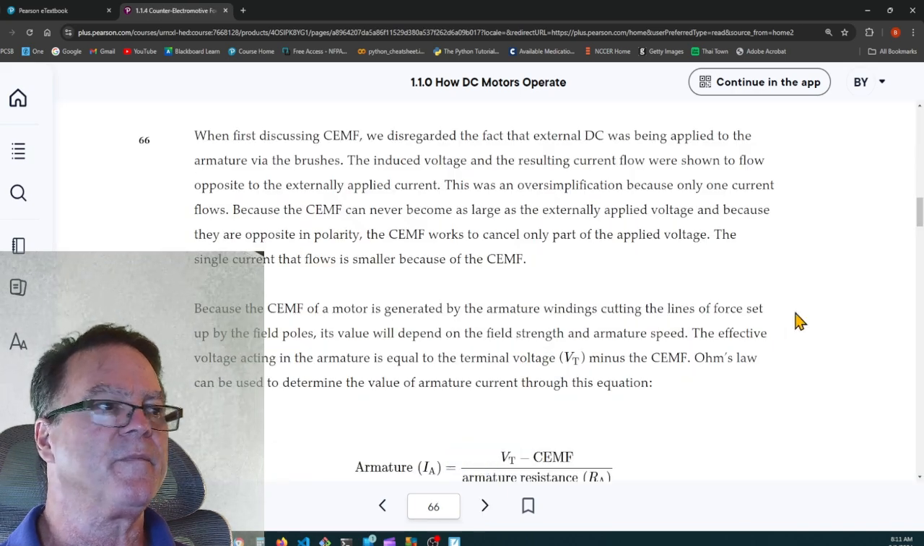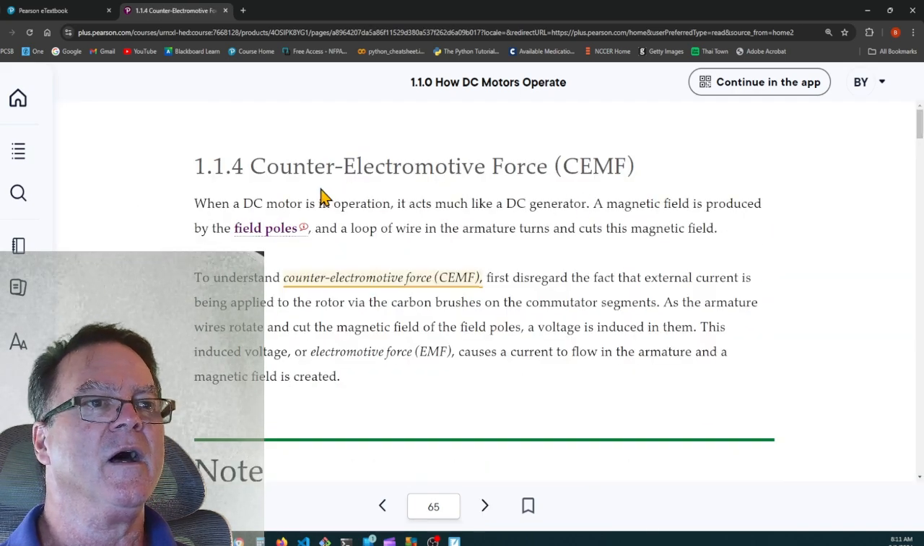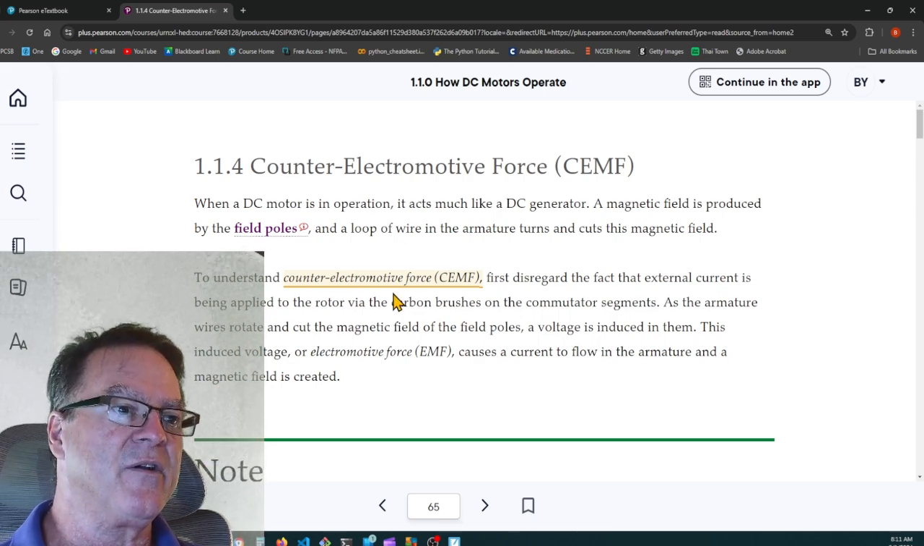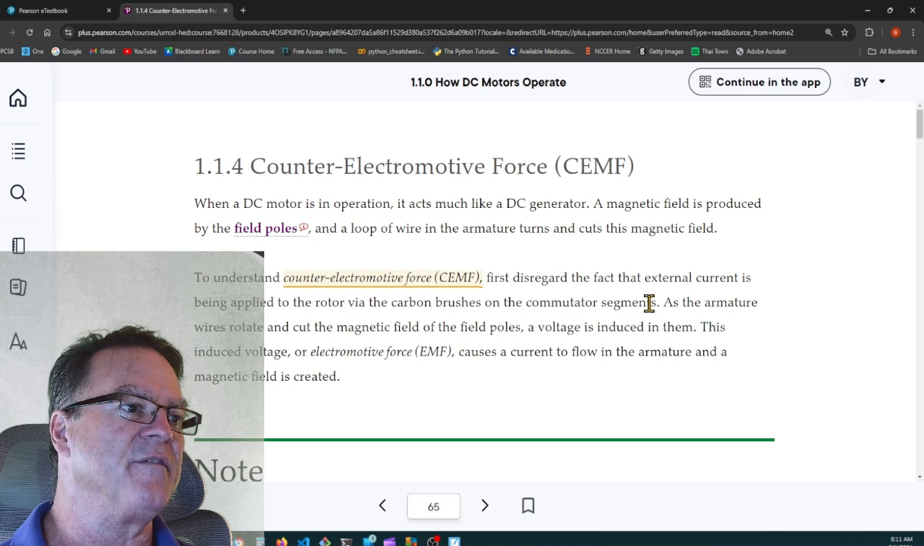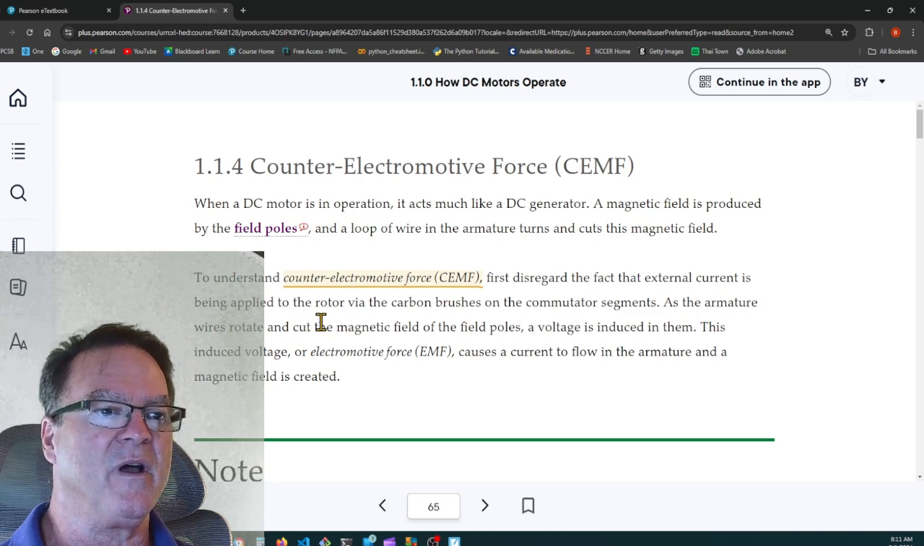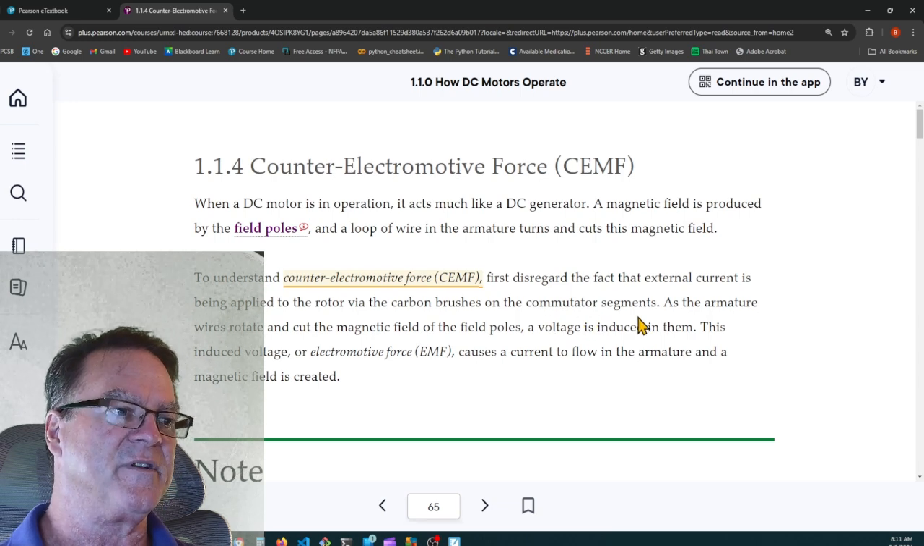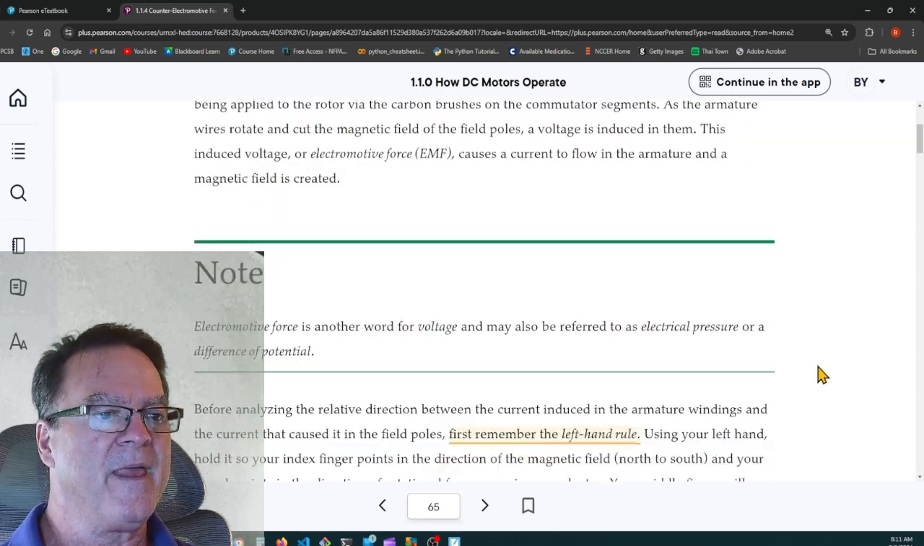Interpole windings. Counter electromotive force. Well, okay. To understand counter electromotive force, first disregard the fact that the external current is being applied to the rotor via carbon brushes on the commutator. Basically,